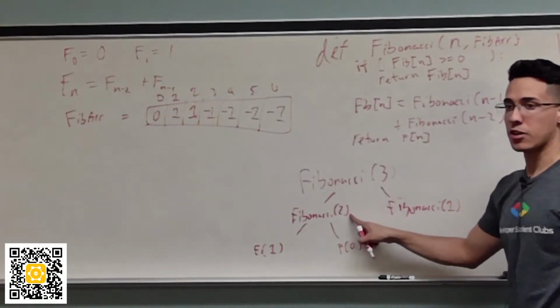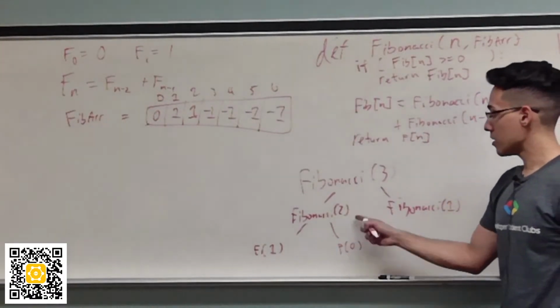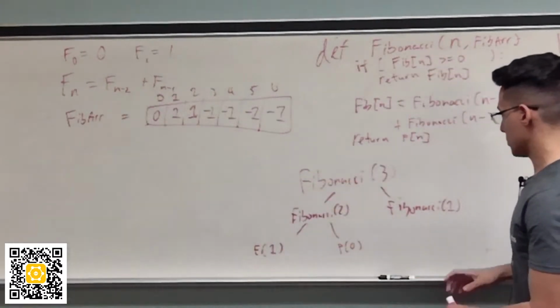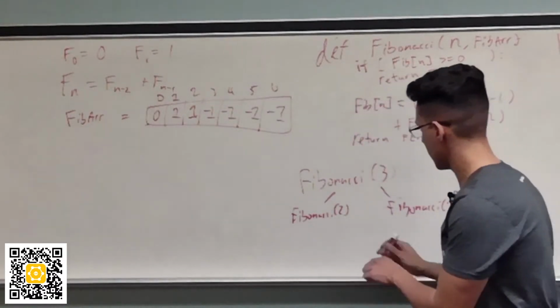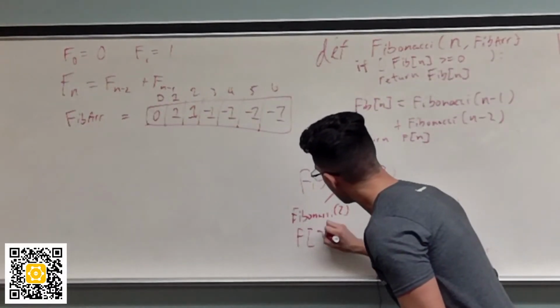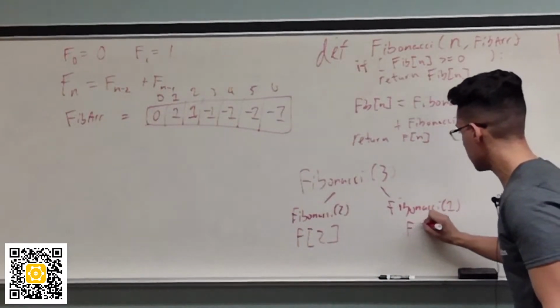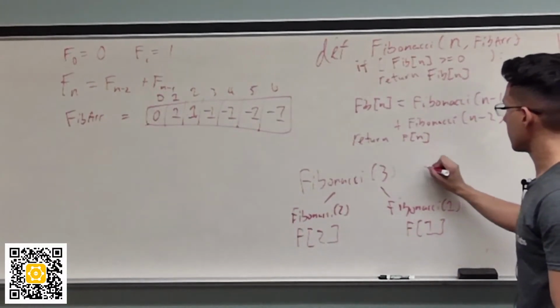Before, I had to calculate Fibonacci 2 by doing F1 and F0. But I filled the array. I filled the value. So instead of doing this, I give it the value of the array. And this one. And then here, I say